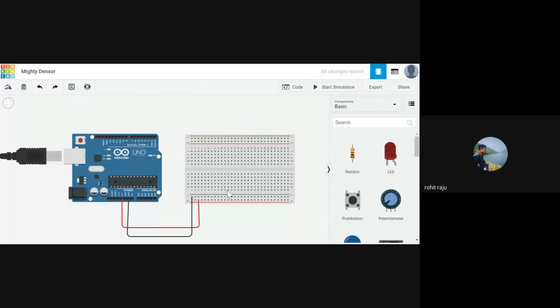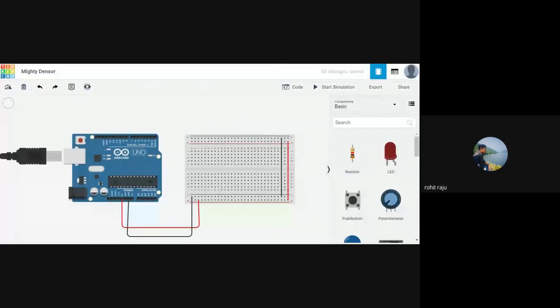So we have these same two power lines, I mean the same two rows, present here also. So if you connect these both lines, this plus to this plus, make it red, this wire, this wire. So why I did that: because we can make use of these lines too. If you want to connect to power, we can connect it here. Now these all are internally connected. So that is one advantage. Now we can start with our experiment.